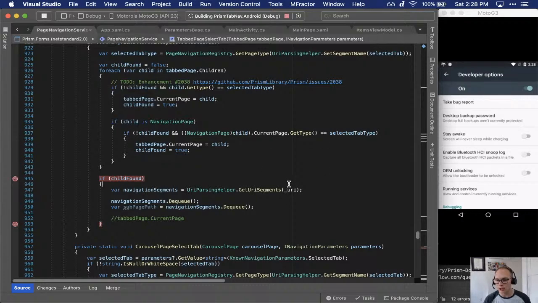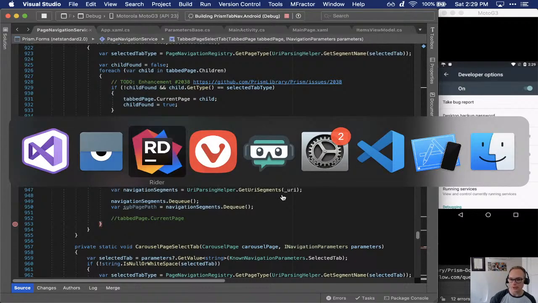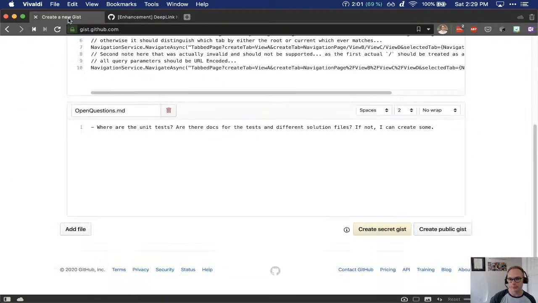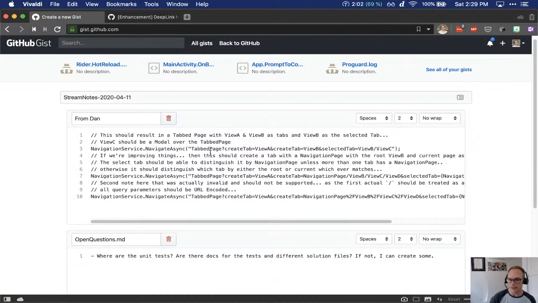So while that's launching, let's review Dan's notes a little more. So Dan says, yeah, it should work for a create tab scenario. So this is almost the same as my tab scenario, except it's using create tab, using Prism to dynamically create the tabs within the navigation service, versus mine is using XAML. Oh, right, I know why. It's because my,